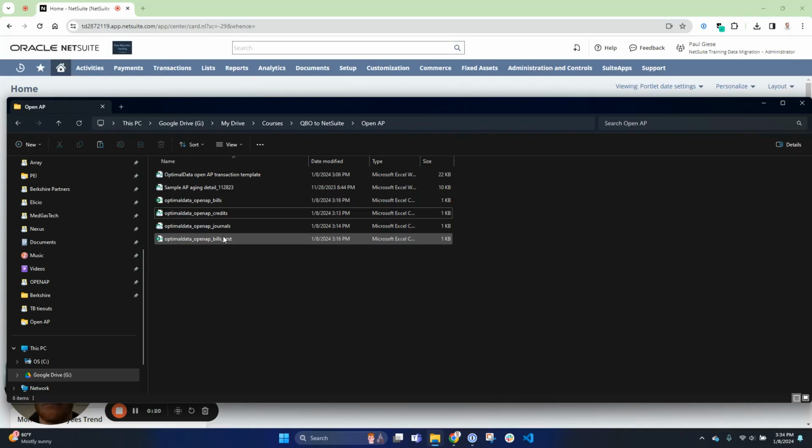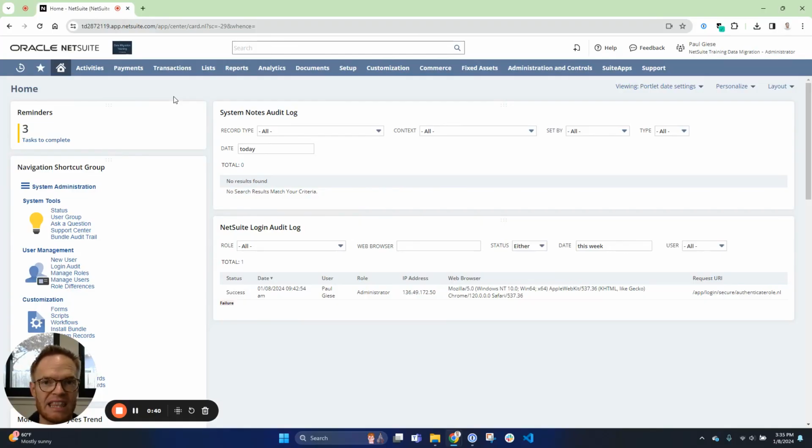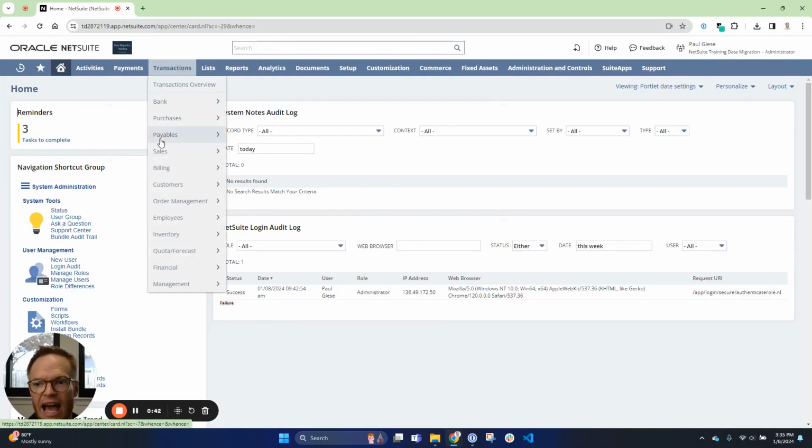And if you've got more than, I'd say, 2 or 3 transactions, I would recommend adding a test transaction where you would load just a single vendor bill first and then validate that it works and then update the rest of the transactions. The other thing I'd recommend that you do before loading anything is to take a look at